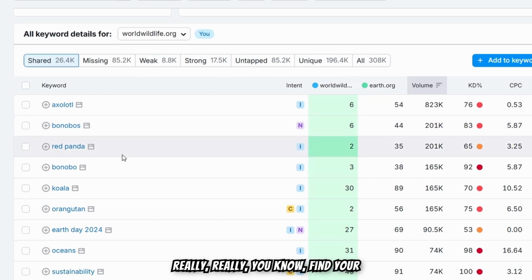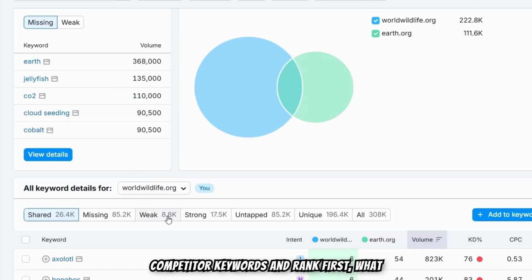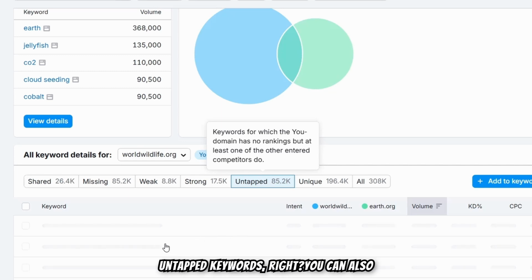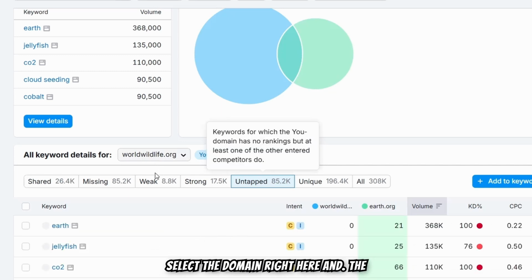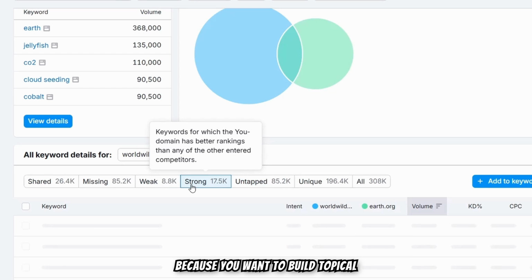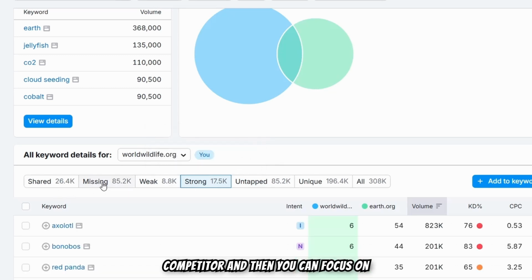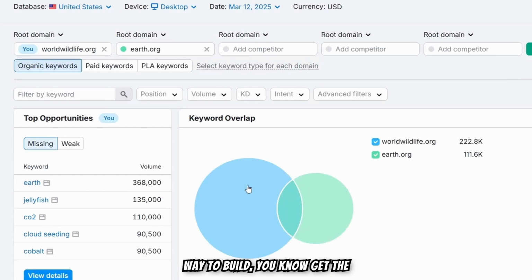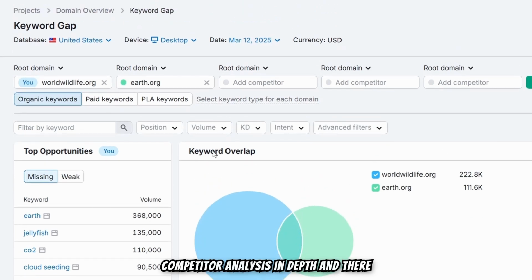If you want to really find your competitor keywords and rank fast, what you want to do is go to the untapped and focus on untapped keywords, right? You can also select the domain right here, and the next thing you need to focus on is the strong keywords, because you want to build topical authority as fast as you can as a competitor, and then you can focus on missing. So this is the second way to get the competitor analysis in depth,